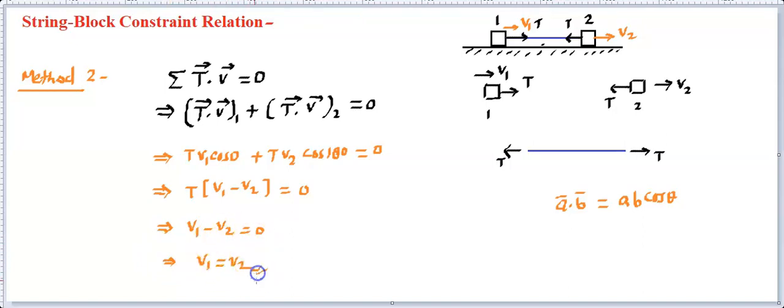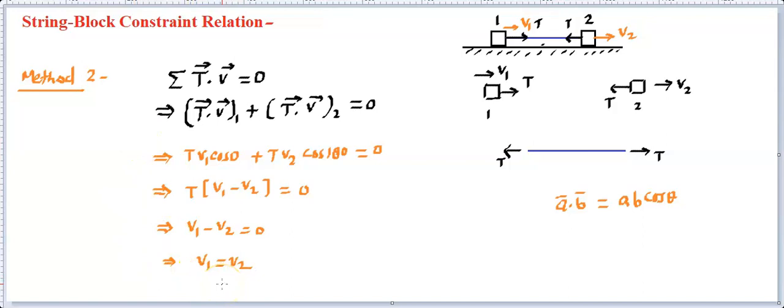Once you got V1 equal to V2, differentiate, you will get the acceleration, integrate, you will get the displacement constraint relation. Particularly, you will be asked this velocity relation, so you can find it out. So no matter how complicated a picture you have been provided with, what you need to do is drawing the tension, drawing the velocity, and operating this. Once you do this in a couple of steps, you will be finding your answer.